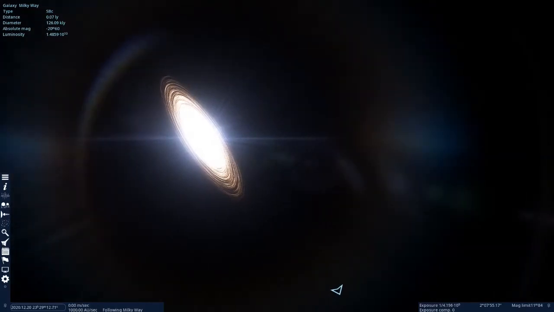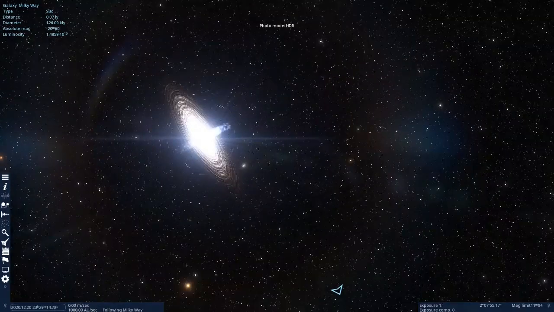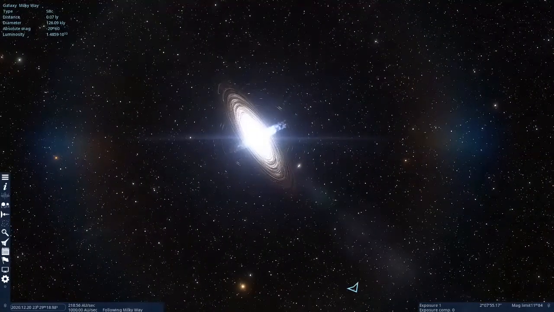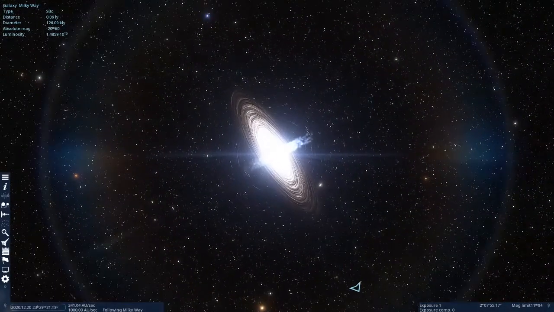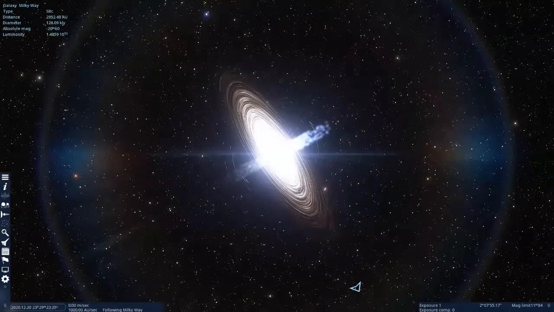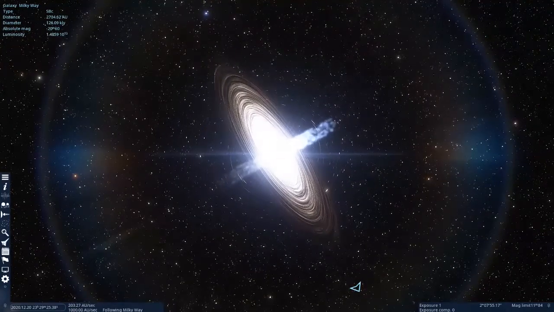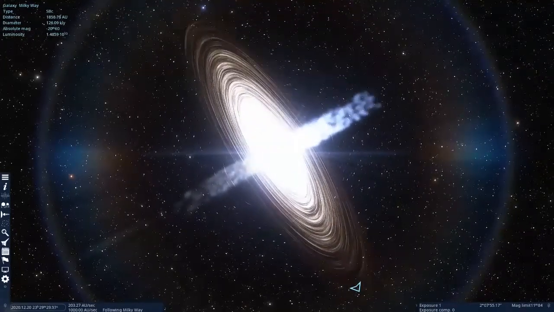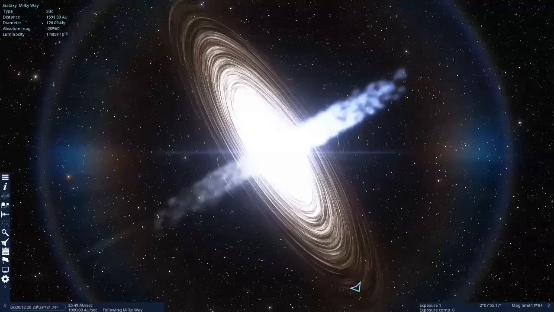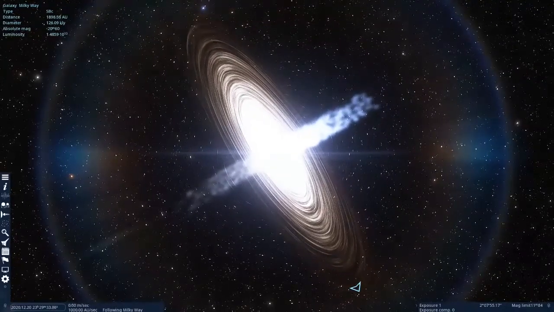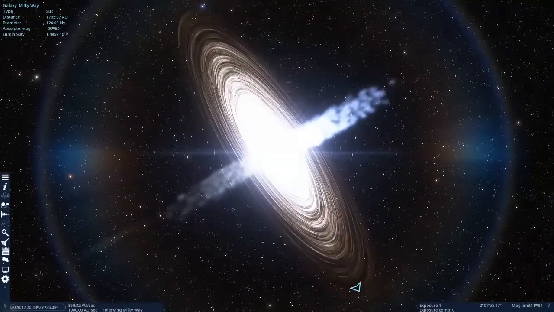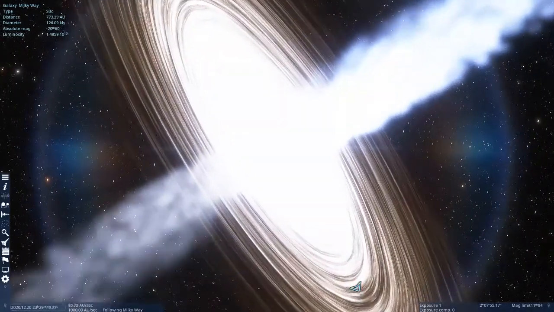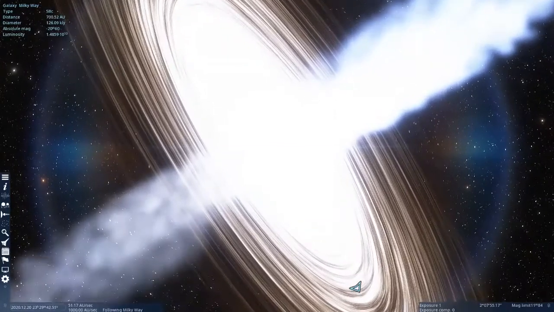Okay, I think if I go to HDR mode, yeah, you can also see the jets being ejected along the axis of rotation. Oh, and look at that! I didn't notice that before, but we're actually getting some, you see it? The lensing effects of the background stars. You see how we're getting some of the Einstein rings of the background stars, and how we're getting the funhouse mirror effect. I didn't realize it did that. That's pretty cool.